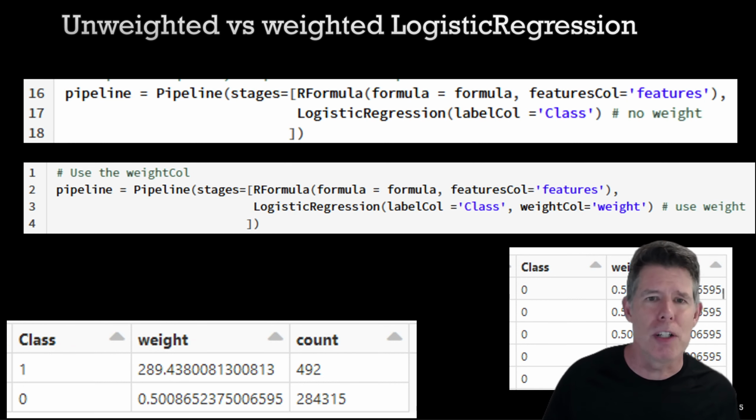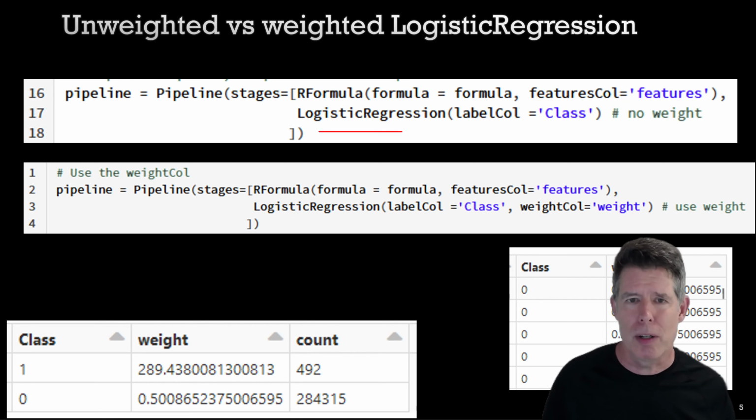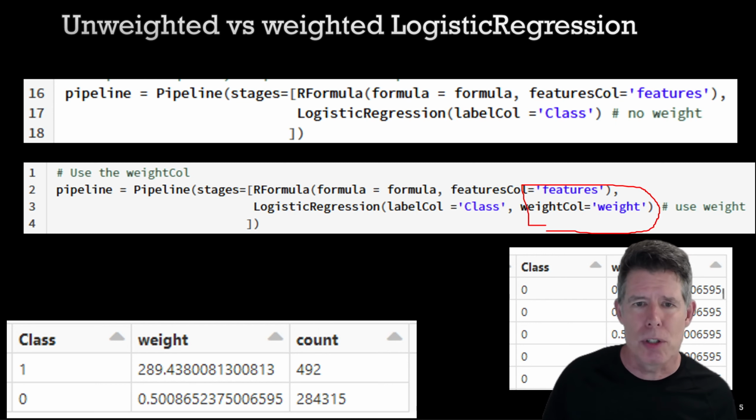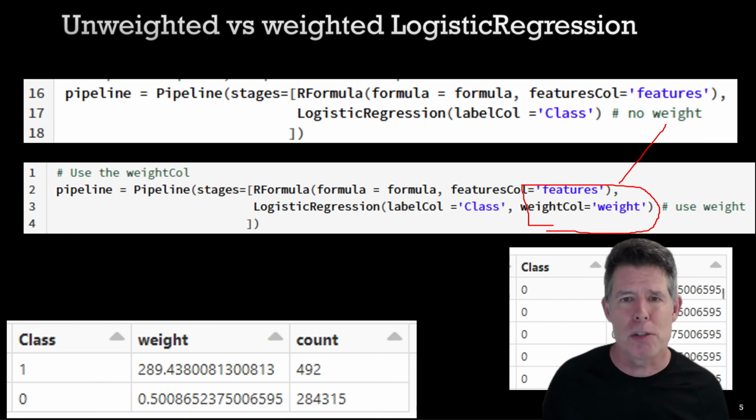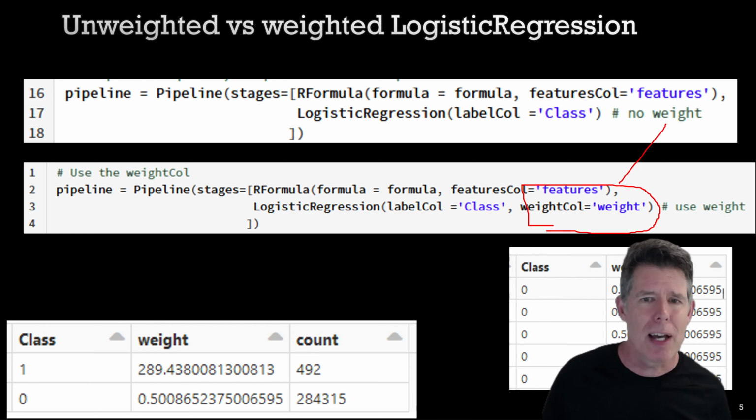How do we do it in PySpark? I've got a regression model here, logistic regression for binary classification in this case. I've got a class, but there's no weight. This is sort of the standard way of doing it. But next, I can use this weighted column, which is common to a number of the PySpark algorithms, and I'll use a weight. And somehow I've got to calculate those weights so I can do the formula I showed in